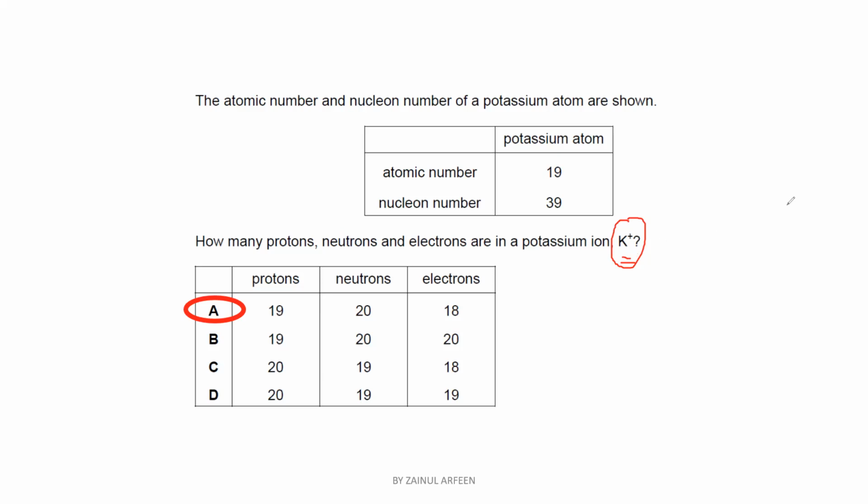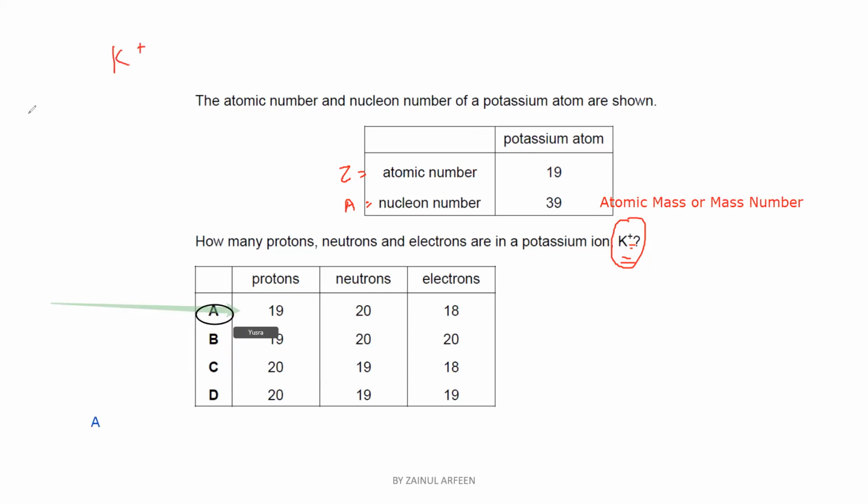Atomic number is equal to Z and atomic mass is given by A. Okay, what about others? How many protons, neutrons and electrons are there in potassium ion, K plus? Another word for nucleon number is mass number. Atomic mass or mass number. So they're asking for